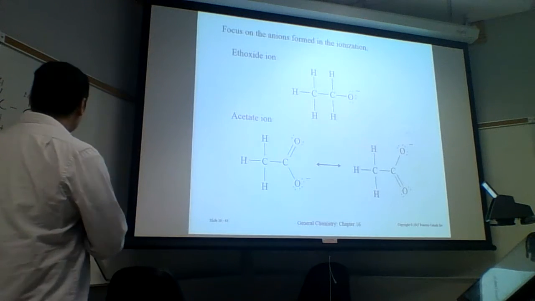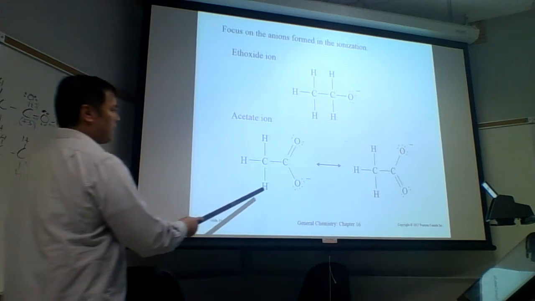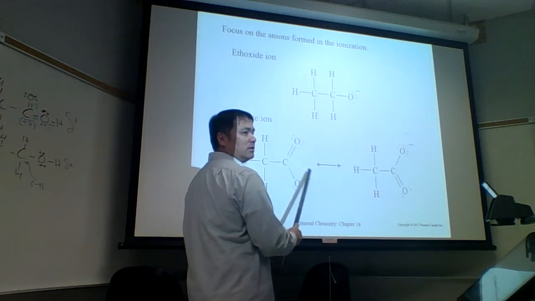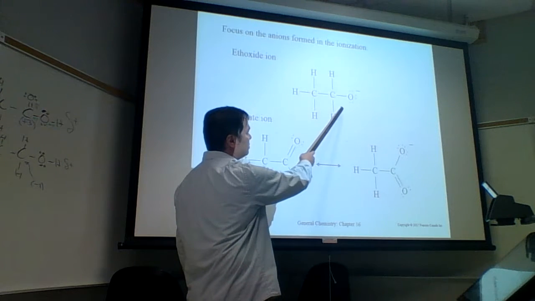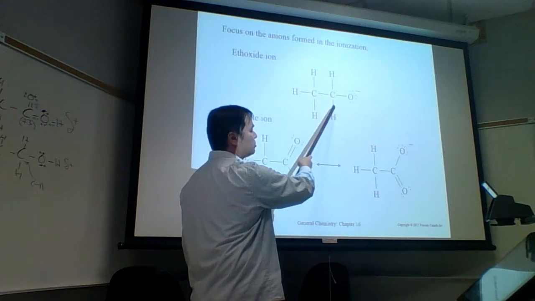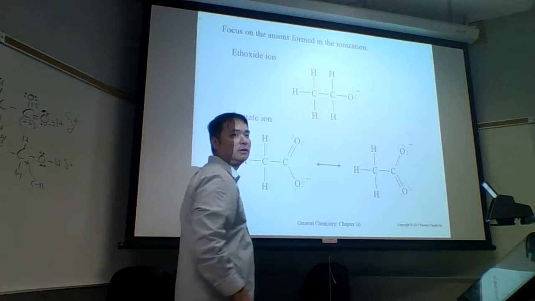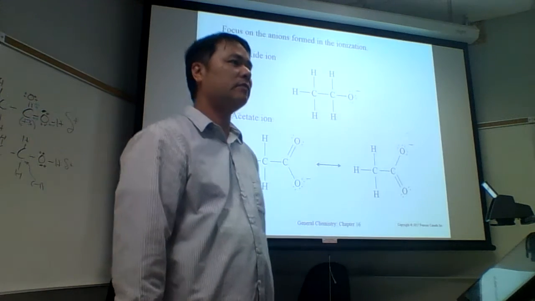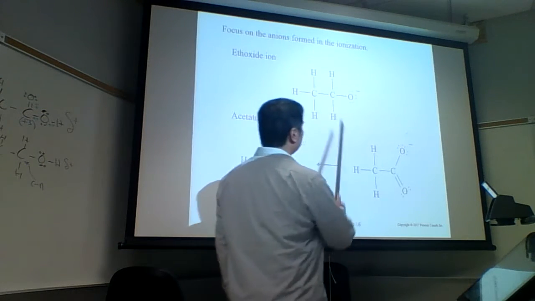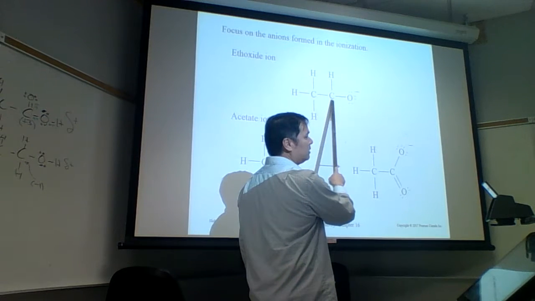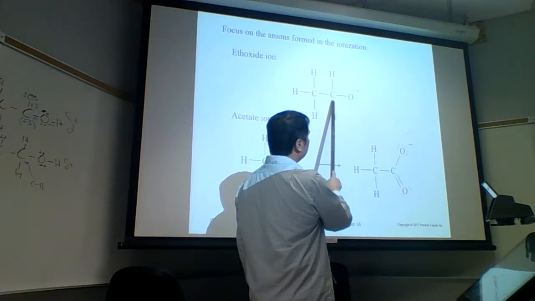And so acetic acid is going to be a much better acid because, 1, its polarity is higher, and 2, acetate is much more stable, as the conjugate base, than ethoxide. Ethoxide is considered a strong base. So ethoxide is about comparable in strength to hydroxide. Can you see? Hydroxide would be very localized, all the negative charge on the oxygen. And so ethoxide's like that. It's very hydroxide-like. In fact, hydrogen and carbon have close to the same electronegativity. So you can see, if you just look in terms of electronegativity,